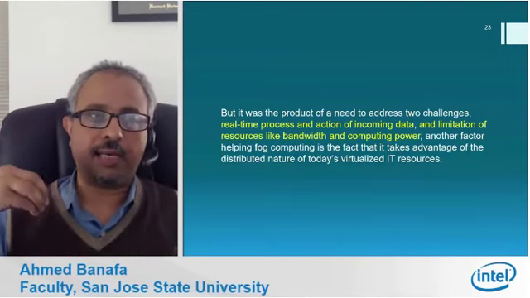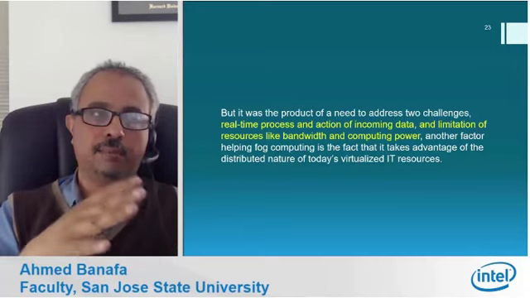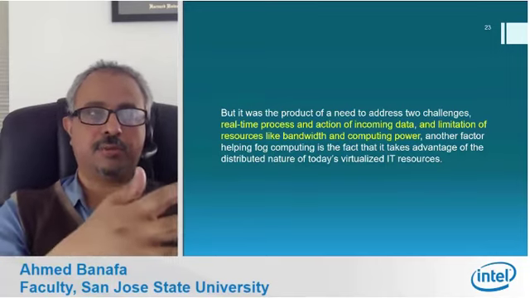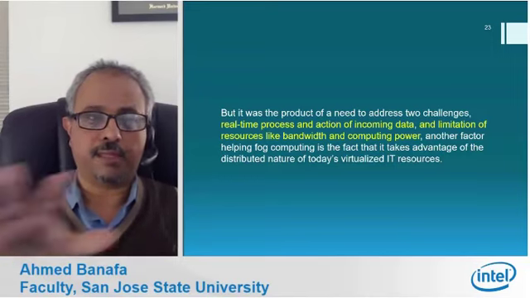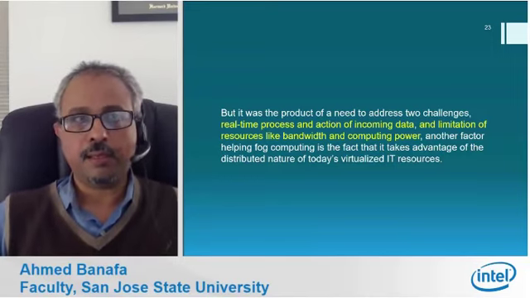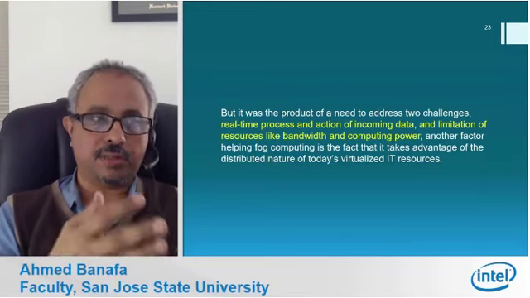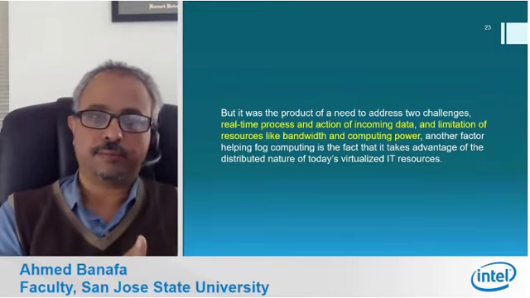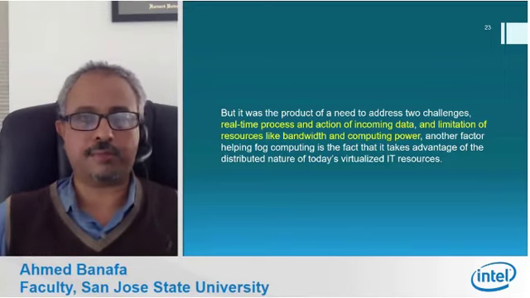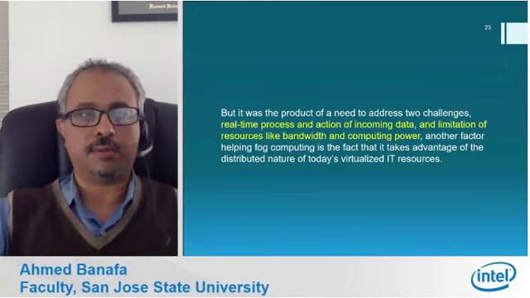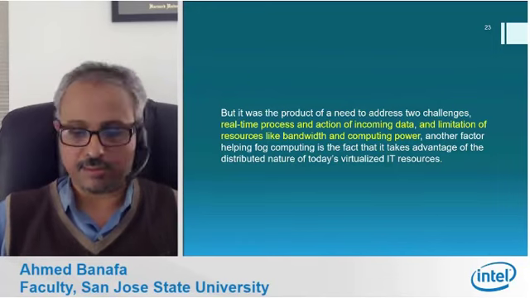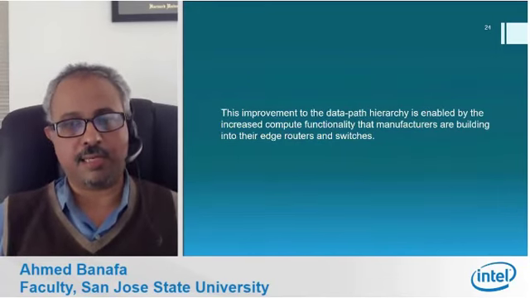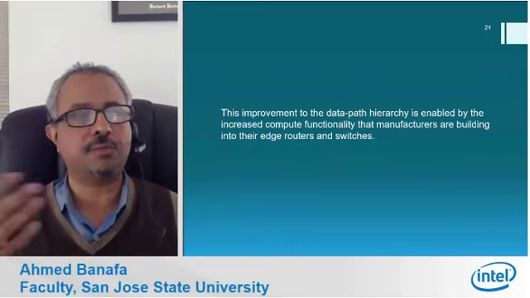So I can have a model and customize whatever I have in that device according to the expected data coming from the sensors. And that makes it more intelligent because you're really optimizing your models to that application. And we don't have this on the cloud. The cloud will accept everything and anything, and it has to deal with it, categorize it, and then make that decision. This improvement to the data path hierarchy is enabled by increased computing functionality